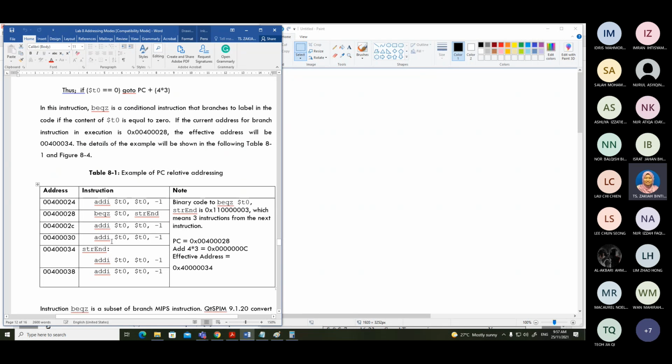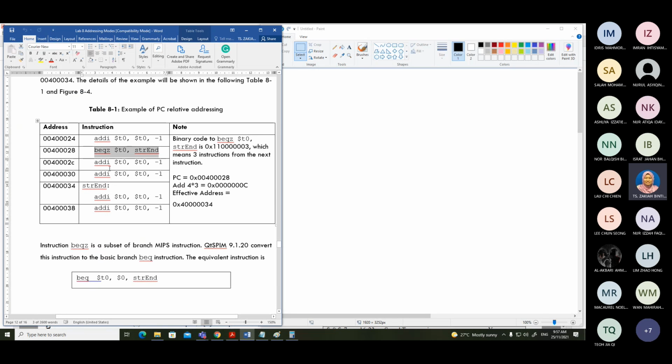So I will refer to this example of PC relative addressing. As you can see, there's an instruction BEQZ, register T0, and then string N. It is on the instruction address 00400028. So it contains this branch instruction. When we have this branch instruction, we need to know where it needs to jump to if the branch is taken. BEQZ T0 string N. Where is the string N? It's on this address